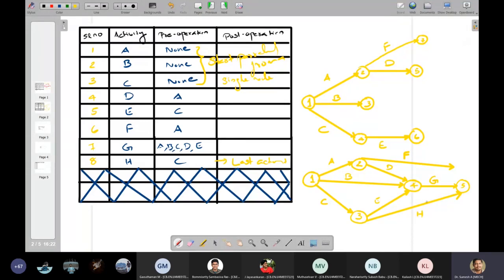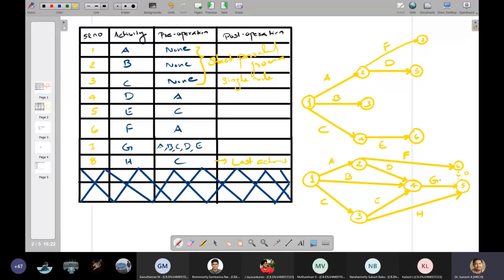Now you can see activity F is not connected anywhere. It is just going away from F. You should not keep any activity like this. This is basically wrong. It is not connected to any node. So you have to connect F to your final node, or else you have to keep a node over here, node number 6, and connect it as a dummy to here.